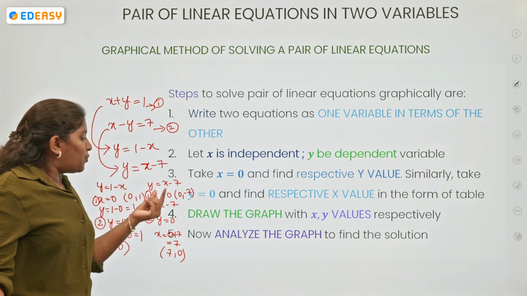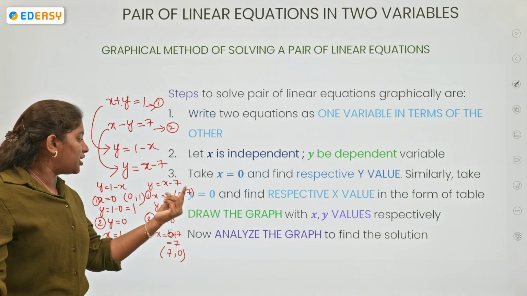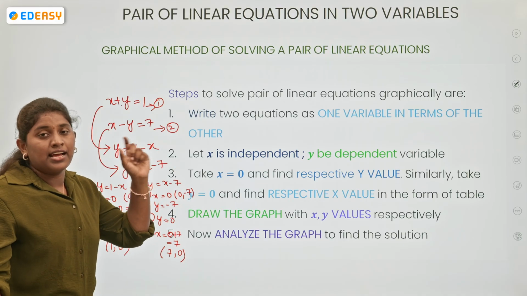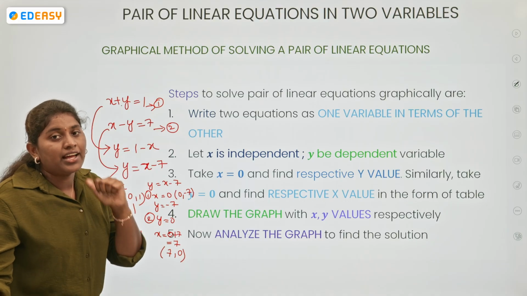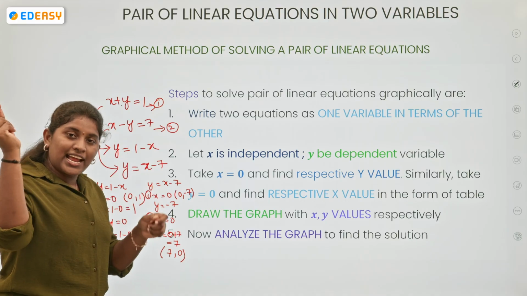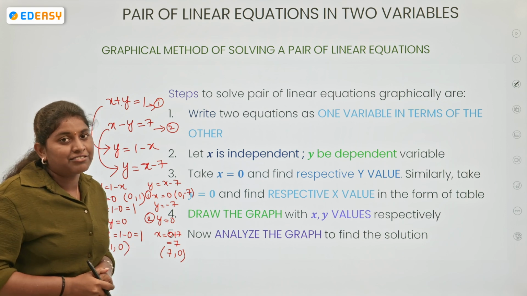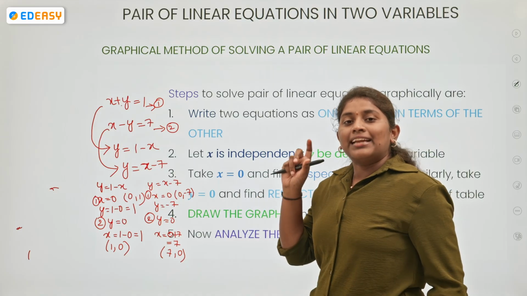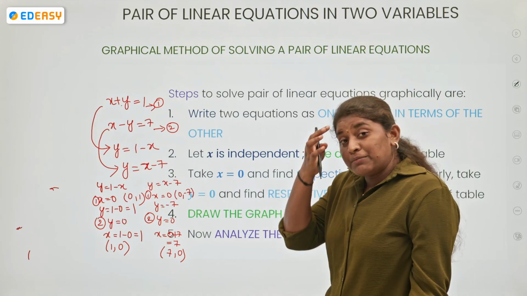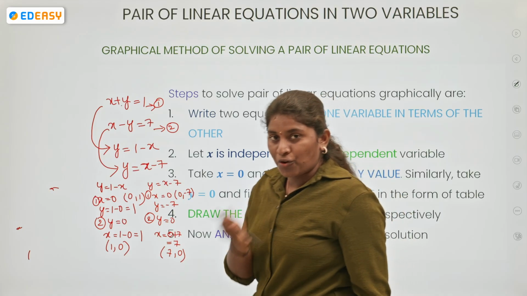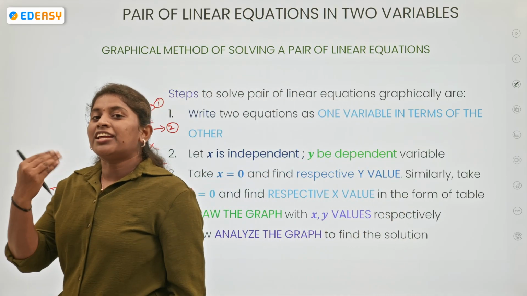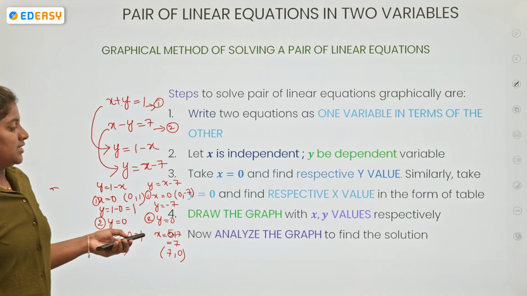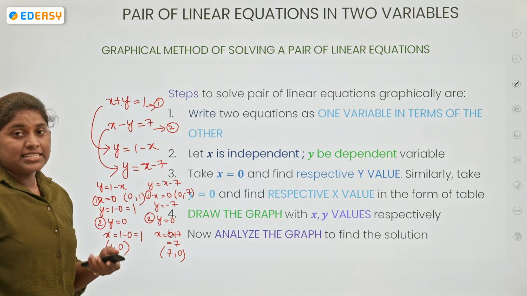Now what about line 2? Line 2 is also the same. We got the point where our line is going to intersect the y-axis and where it is going to intersect the x-axis. Now plot those points and draw the line, and you will get the straight line for the second equation. After drawing those lines, find the consistency. It means you need to find whether they are consistent or not, and from there only we can find the solution also. Clear everyone? Yes. Now let's see the next one.